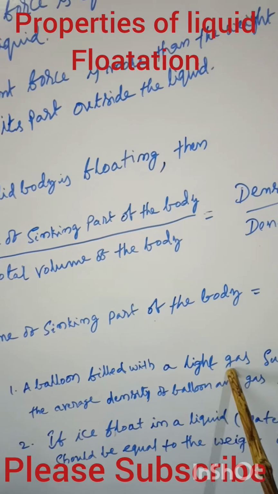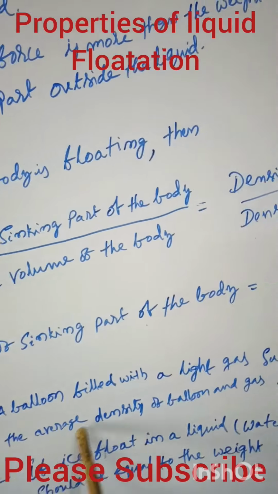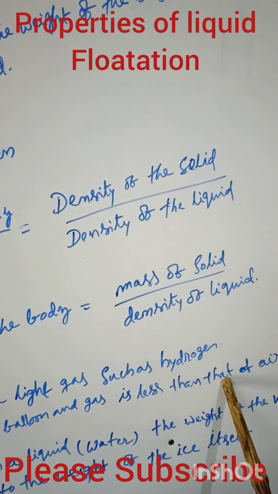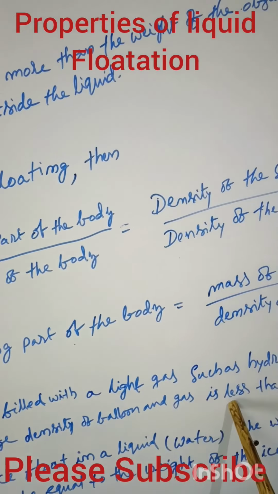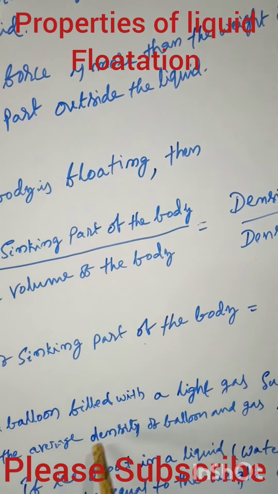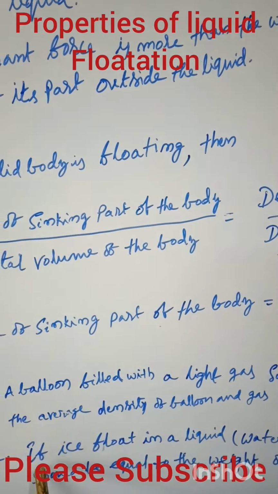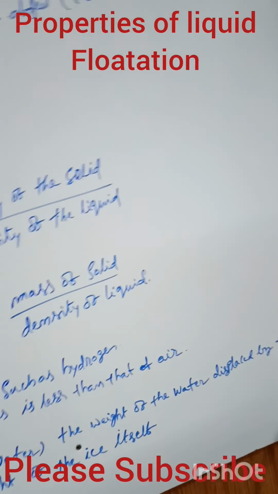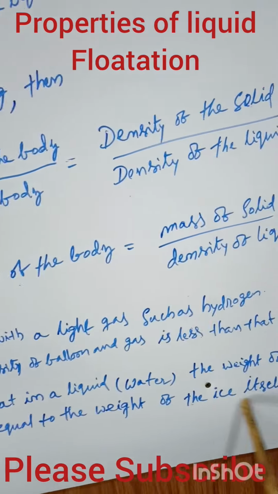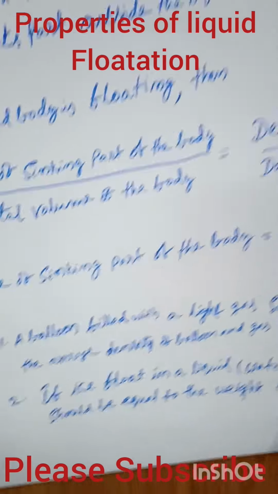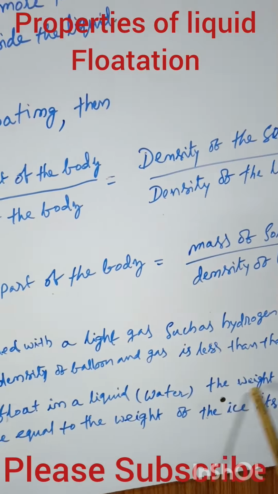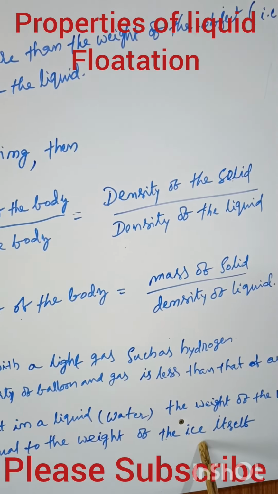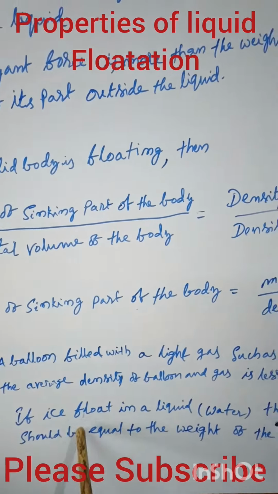A balloon filled with a light gas such as hydrogen: in that condition, the average density of the balloon and gas is less than that of the air. When the density is less than the air, it will float or go upwards in the atmosphere. If ice floats in a liquid, that is water, the weight of the water displaced by the body should be equal to the weight of the ice itself. So when ice is put in the water, it also replaces some water. That replaced weight of the water is equal to the weight of the ice itself. Means ice density is